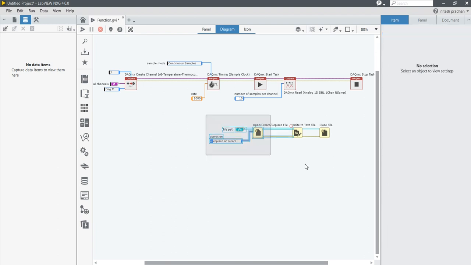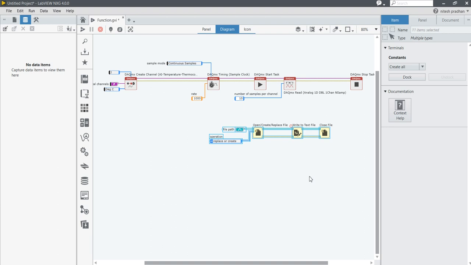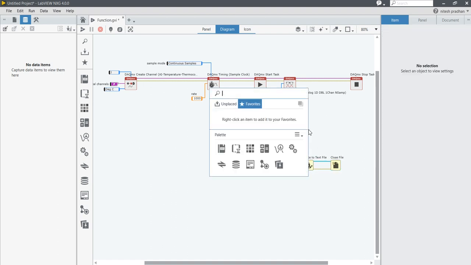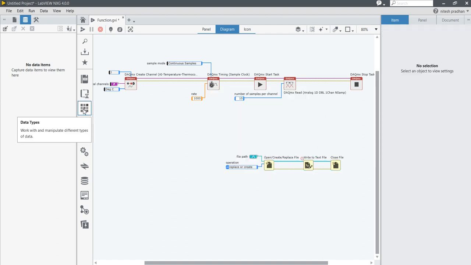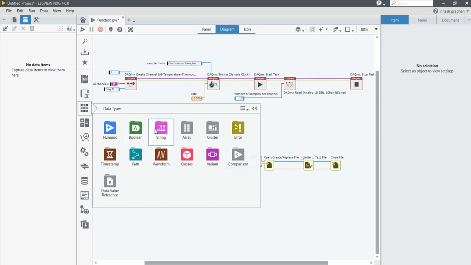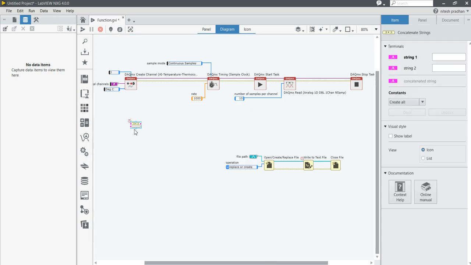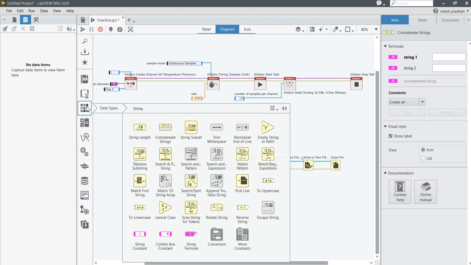Now click here in the data type, come into the string and take one Concatenate Strings function. Open the label.